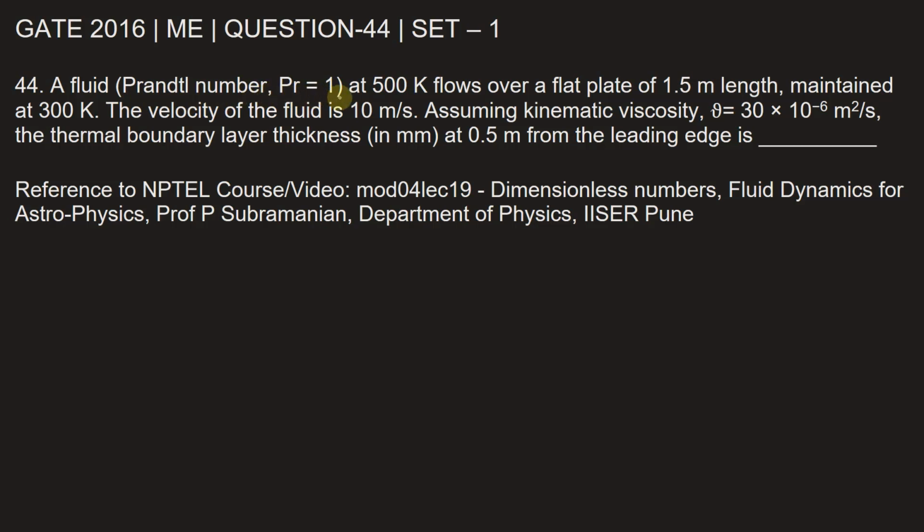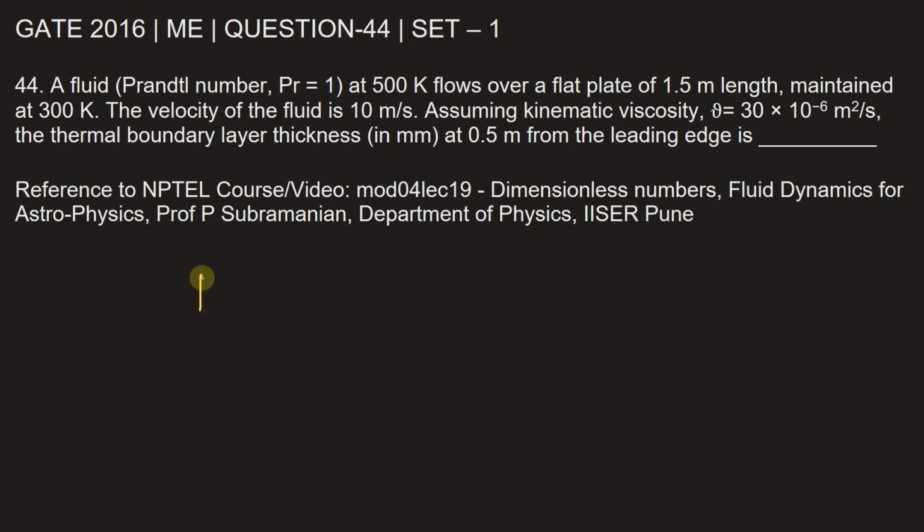A fluid of Prandtl number 1 at 500 Kelvin flows over a flat plate of 1.5 meter length maintained at 300 Kelvin. The velocity of the fluid is 10 meter per second. Assuming kinematic viscosity is 30 into 10 to the power of minus 6 meter square per second, the thermal boundary layer thickness at 0.5 meter from the leading edge is